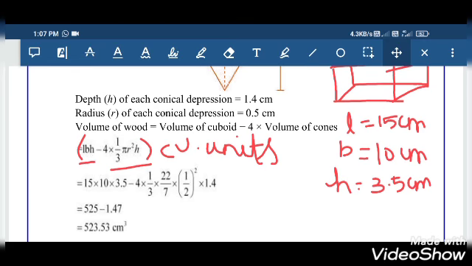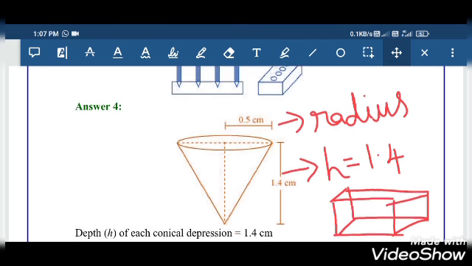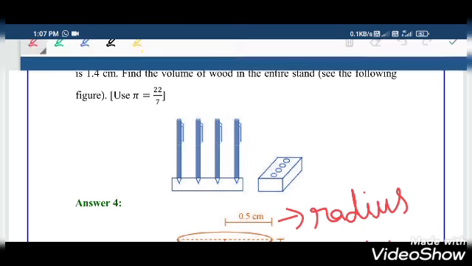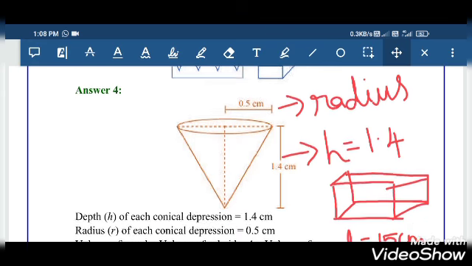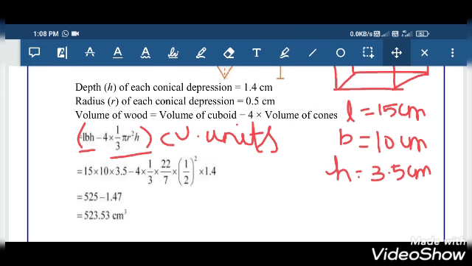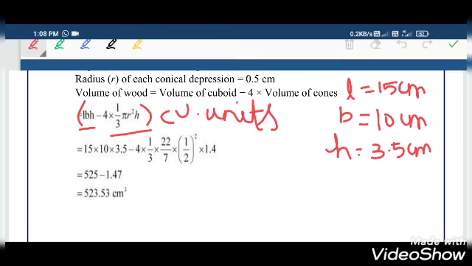So L into B into H, it seems to be 15 into 10 into 3.5 minus 4 into 1/3. The value of pi we are supposed to take here, they have given 22/7. So we have to substitute the value of pi. It seems to be 22/7, and 0.5 we take as 1/2 or else 0.5. So how does it become? It becomes normally